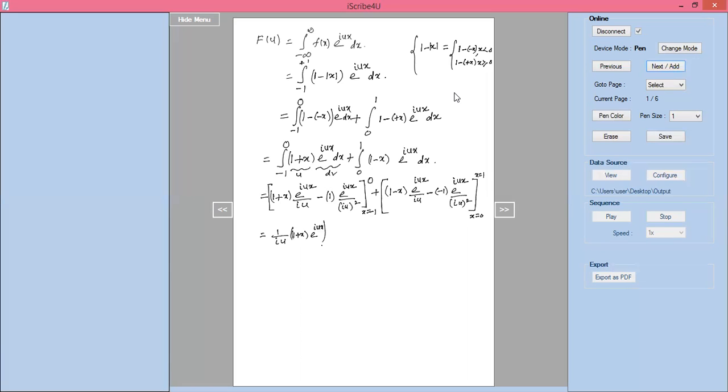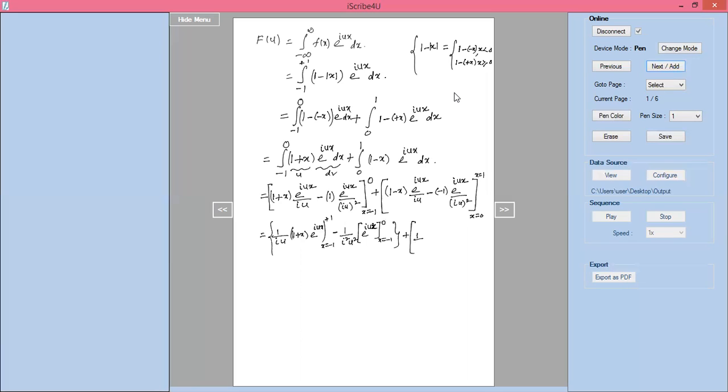This one should be x equal to minus 1 to plus 1, minus 1 by i square u square e power iux, limit should be x equal to minus 1 to 0. First term I have completed. Similarly, the second term I also have to complete, plus